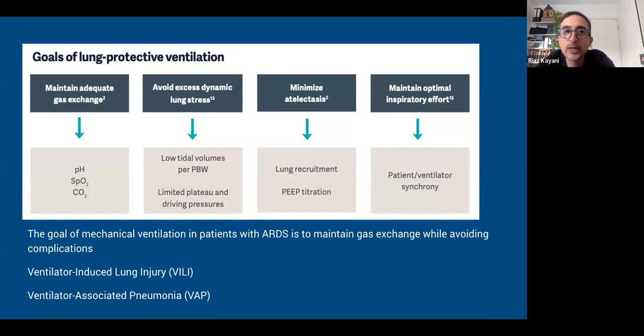But the practice of doing lung protective ventilation does mean that, practically, we're allowing the pH to be lower than physiologically normal. We're allowing the CO2 to be higher than normal, and we're allowing the saturations to be lower than physiological as well. So we would normally target 88 to 92, in some cases even lower than that. And again, there's a recent very good pediatric study which shows there's no harm in lower saturation targets.